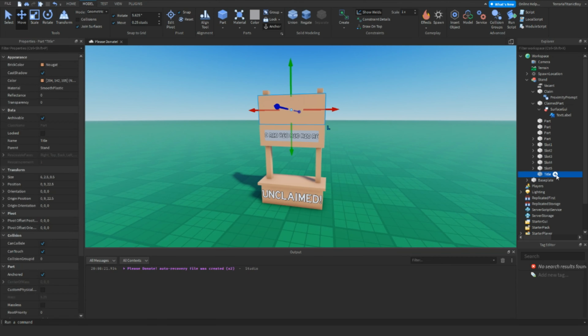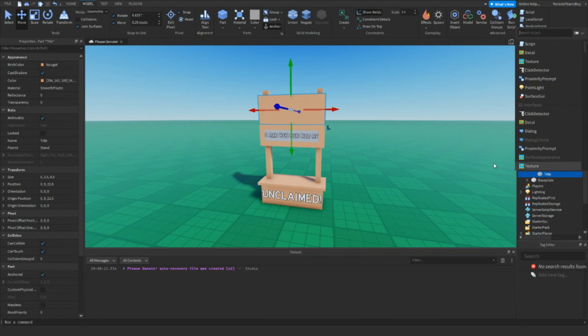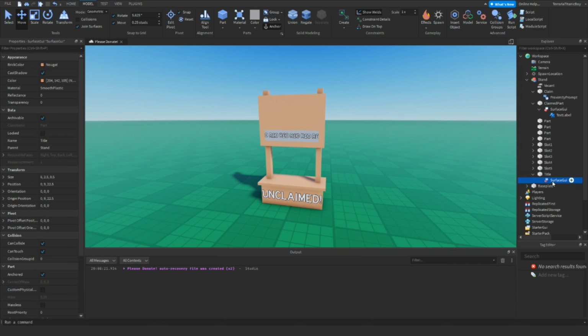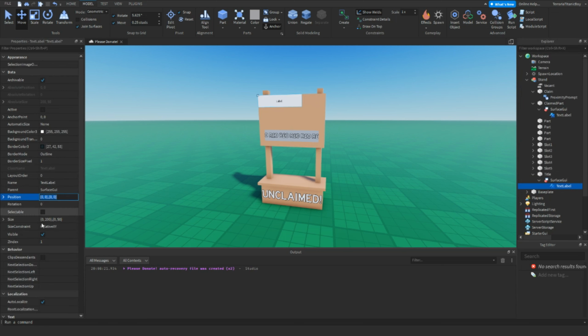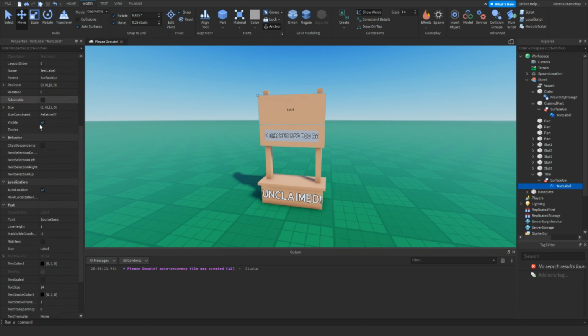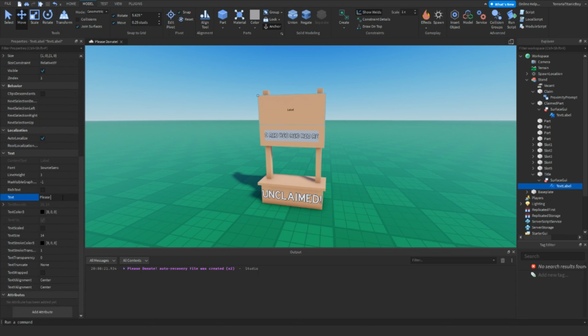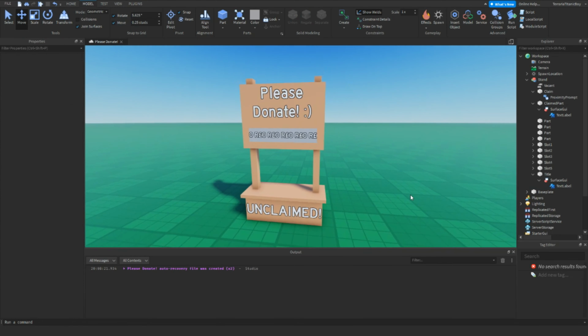for the title, add in surface GUI. And then add in text label. Then 1, 0, 1, 0. Set background to 1, and then just do please donate. There we go. And then if you just want to customize it as you will, maybe set that like that so you can see it a bit easier. And there we go. So this